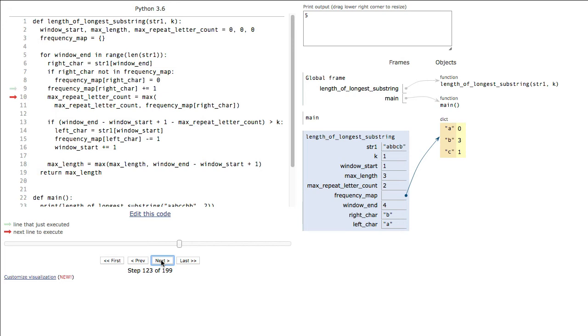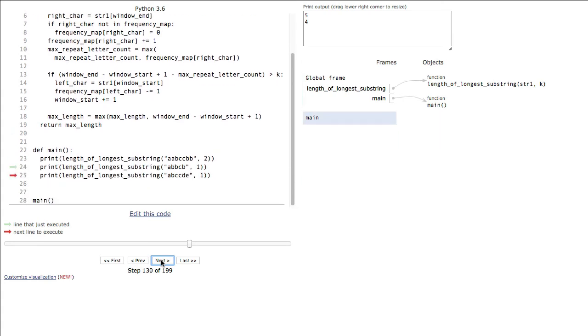Max repeat letter count stays at 2. And we find the window end 4 minus 1 is the window start, so we have 3 plus 1 is 4 minus max repeat letter count is 3, so we get 1. 1 is not greater than 1, so we get out of the conditional, and max length is now 4, and the window end has reached the end of the string, and the max length of 4 is the return value, and it's printed. And the last test case,